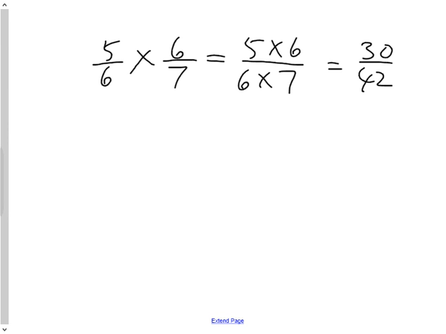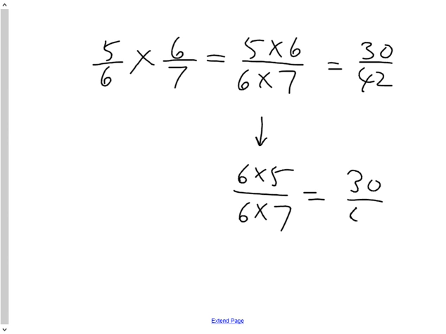However, the consideration we need to think about for cross reduction is what would happen if it wasn't 5 times 6, but rather 6 times 5? The answer is it would be the same answer. We would not change our product in the end. Our result would still be 30 over 42. But because it would be that, what cross reduction asks you to consider is what would the original two fractions have been? And the answer is this is what the question would have looked like, which did not affect the